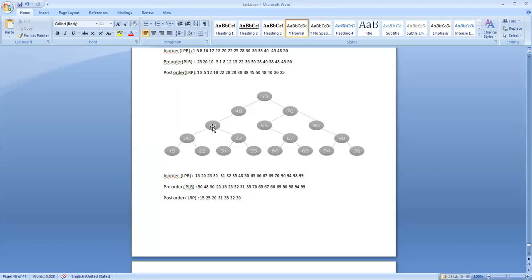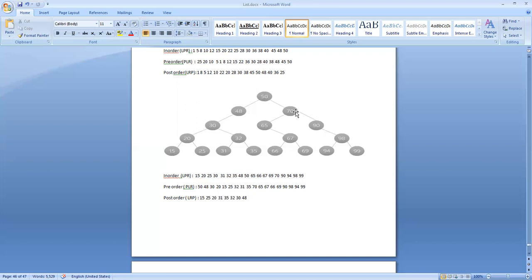Now the right sibling of 30 should be written, but there is no right sibling of 30, that is not the right child of 48. So now I have to write this 48 only now. 48. Now the sibling of 48, that is 70.